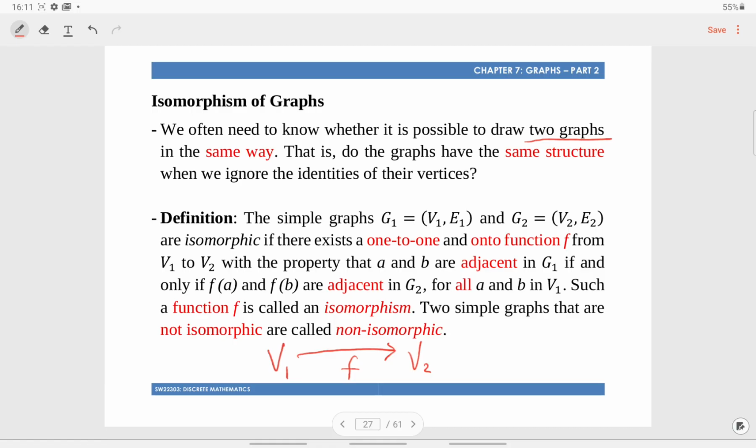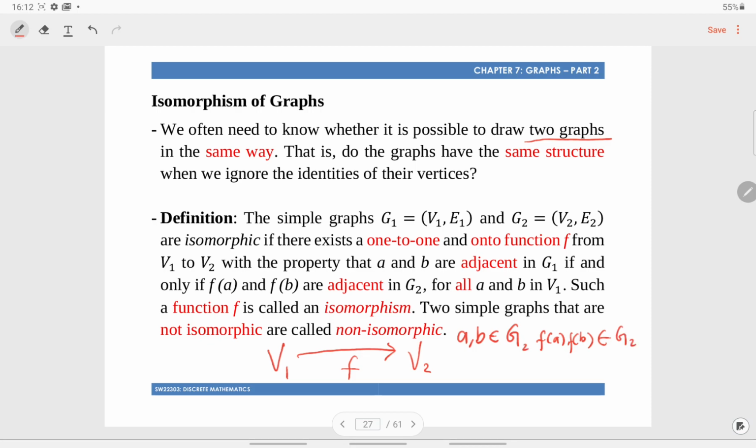Let's say we have A and B, vertices belonging to the graph G1, and we also have f(A) and f(B)